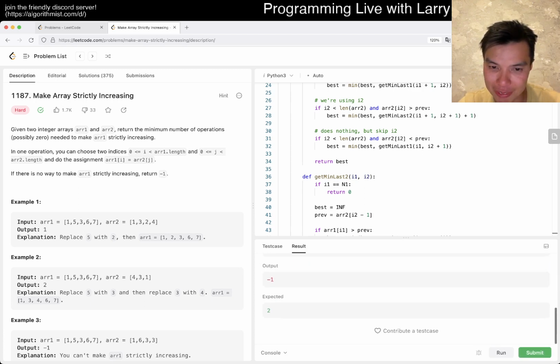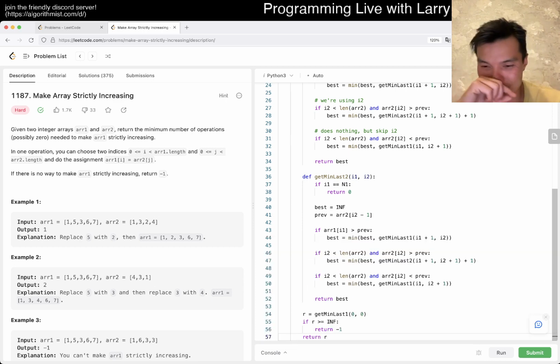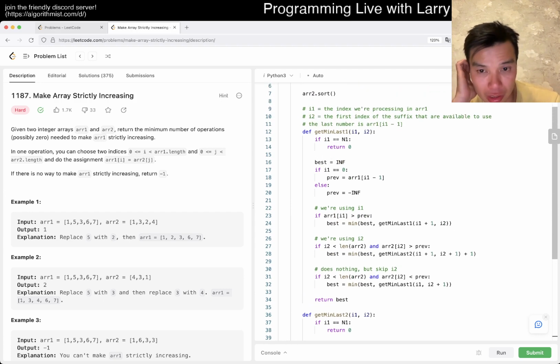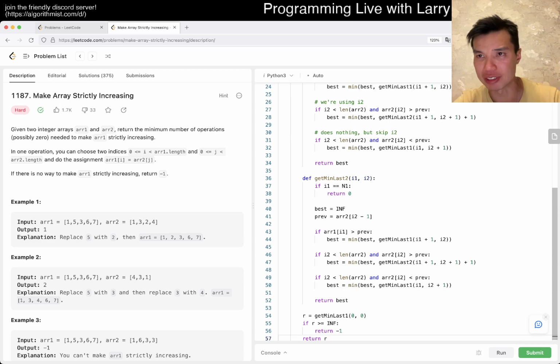Okay, so we return -1 for everything. That's not super good. 1/3 of the answer is right. But yeah, that's basically the idea. We have to fix some stuff. I'd love to do some caching, some memorization, but